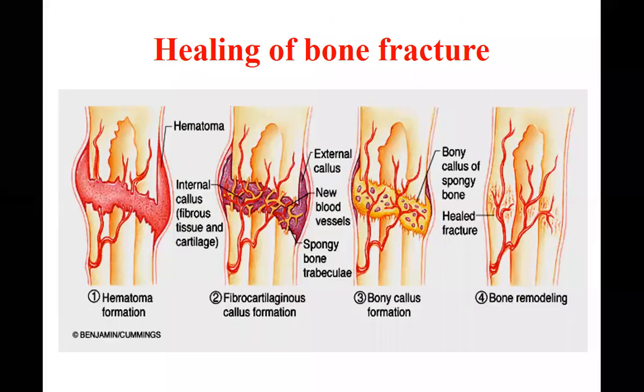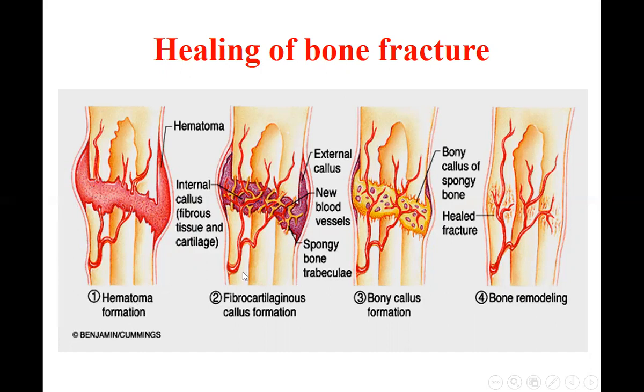Now we are talking about something called healing of the bone. So we should know something about how, if there are any fractures, the bones will heal themselves. So whenever there is a fracture, initially the first stage is called hematoma formation. As soon as there is a fracture, there will be a rupture of the arteries and severe bleeding in that part. So this is called the first stage of healing, hematoma formation.